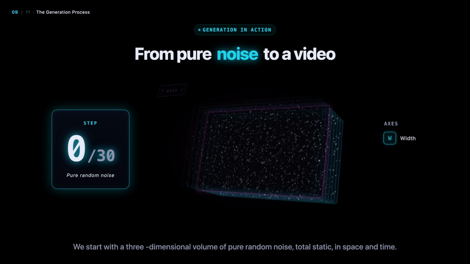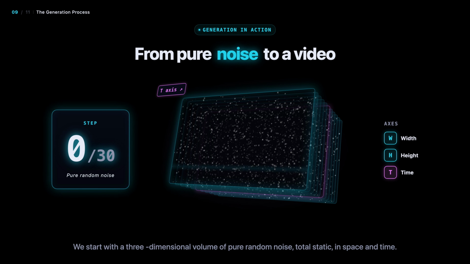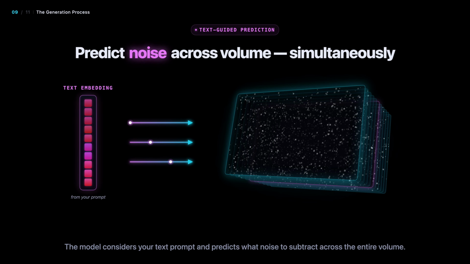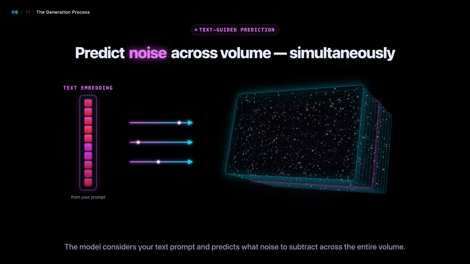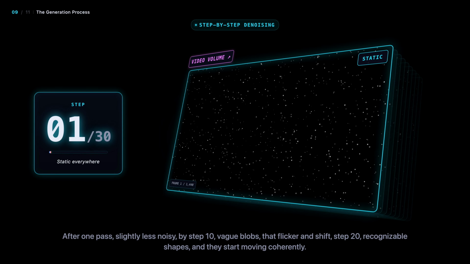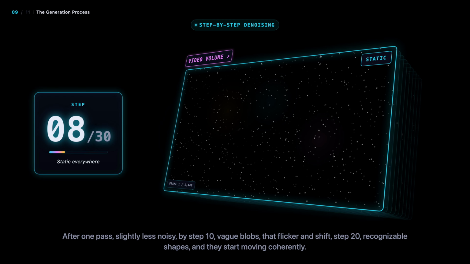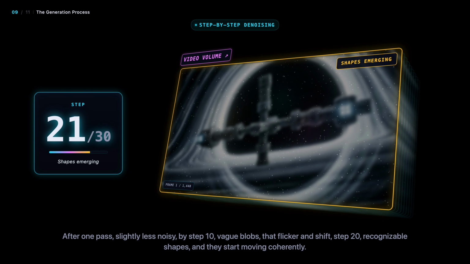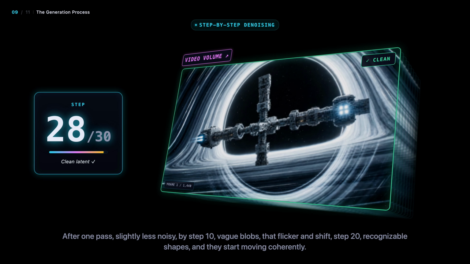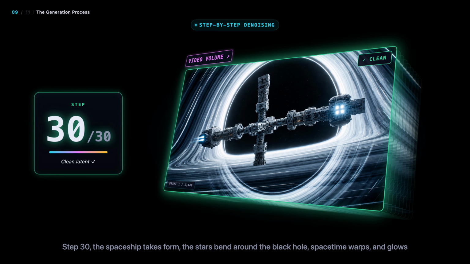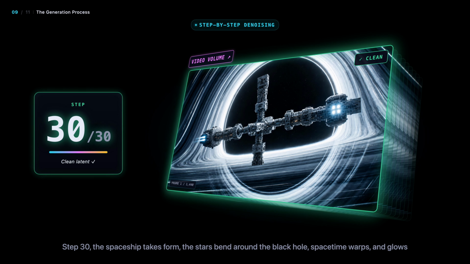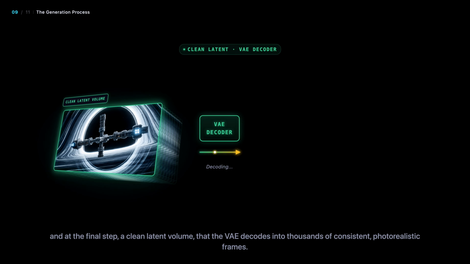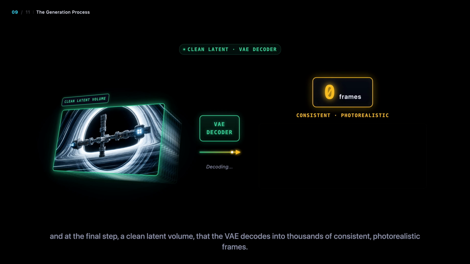We start with a 3-dimensional volume of pure random noise, total static, in space and time. The model considers your text prompt and predicts what noise to subtract across the entire volume, all at once. After one pass, slightly less noisy. By step 10, vague blobs that flicker and shift. Step 20, recognizable shapes, and they start moving coherently. Step 30, the spaceship takes form. The stars bend around the black hole. Spacetime warps and glows. And at the final step, a clean latent volume that the VAE decodes into thousands of